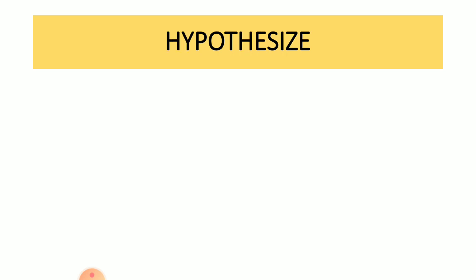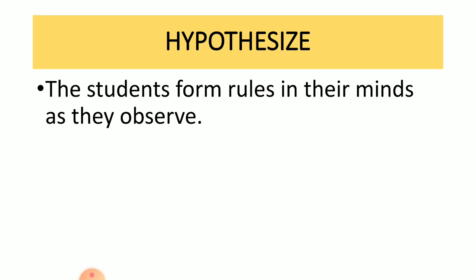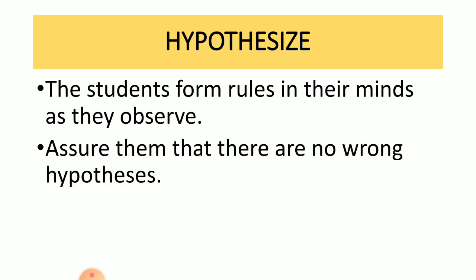Next is to hypothesize. The students form rules in their minds as they observe. In this stage, encourage the students to share their thoughts. Assure them that there are no wrong hypotheses. So we need to acknowledge the variety of the students' ideas, but also streamline them to test only the unique hypotheses. In our example a while back,